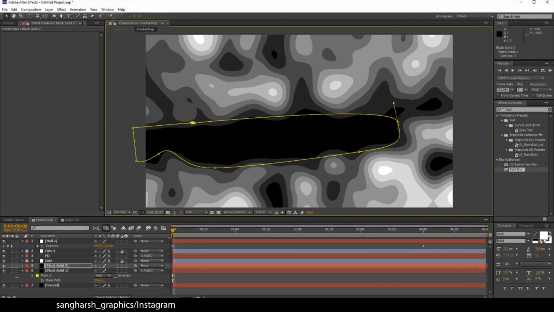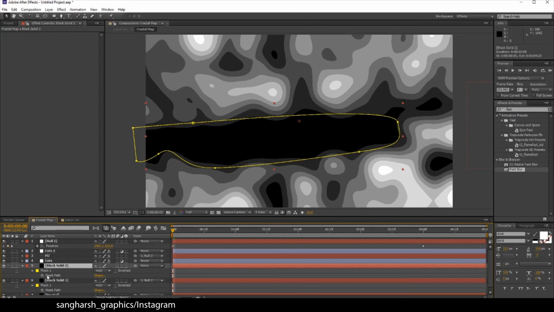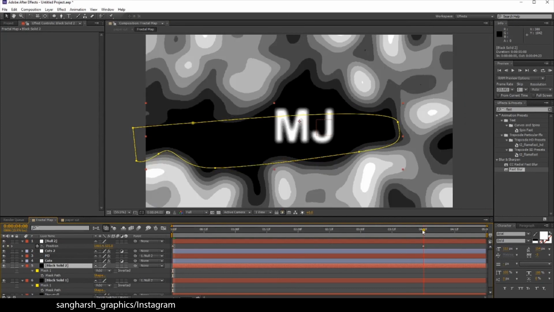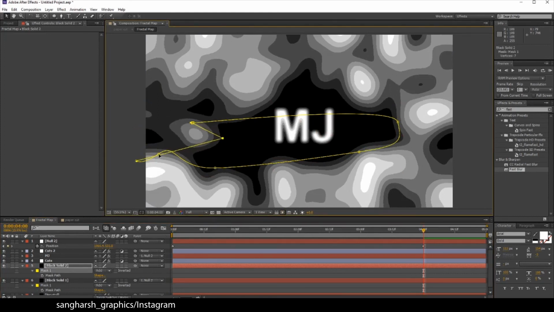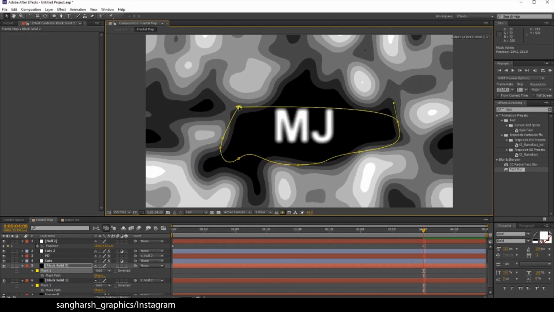So press M to open mask path, add a keyframe at 4. Let's drag these points something like here. We don't need too much black area. At second 4, let's just make it something like this.